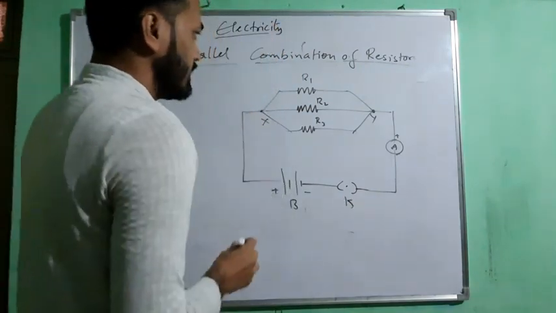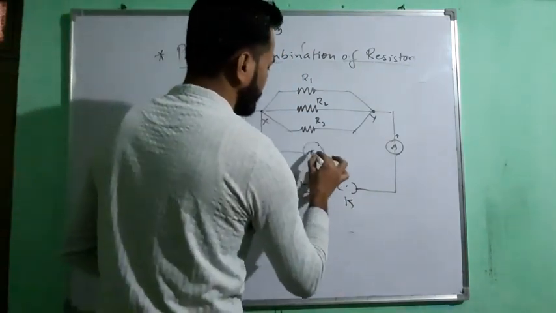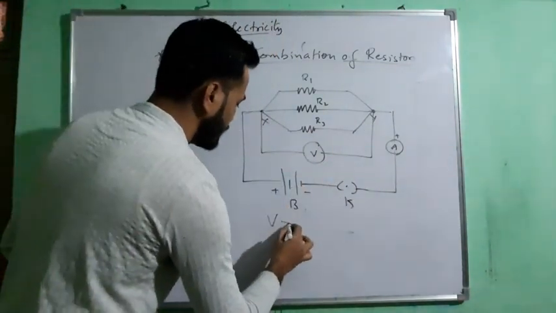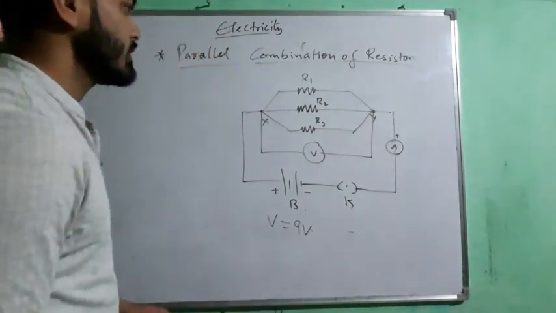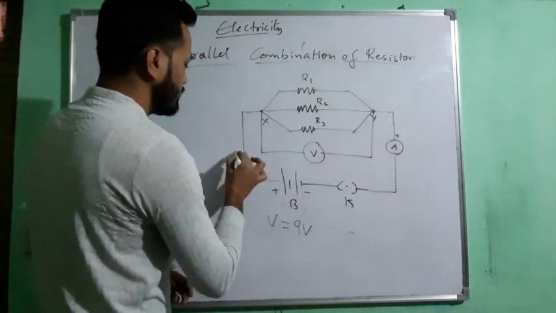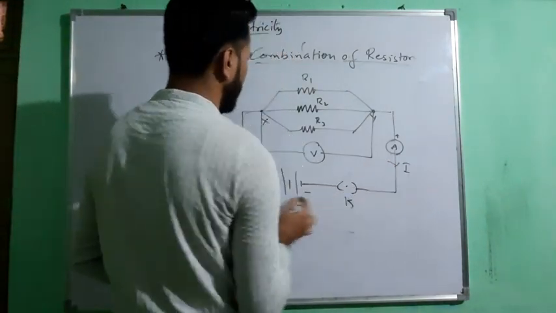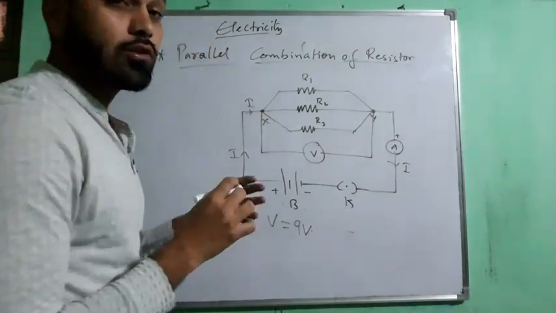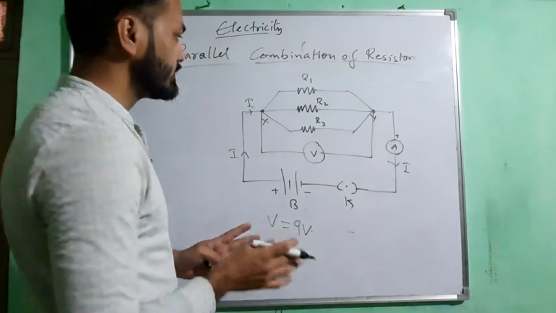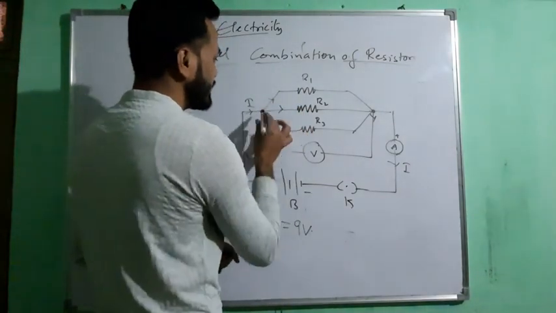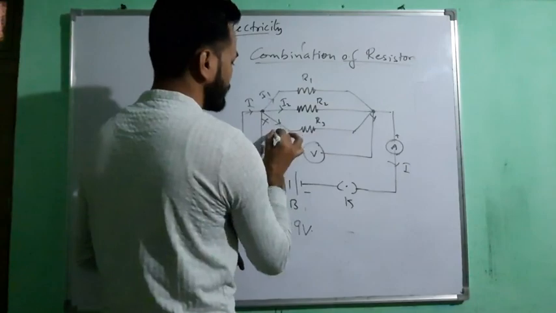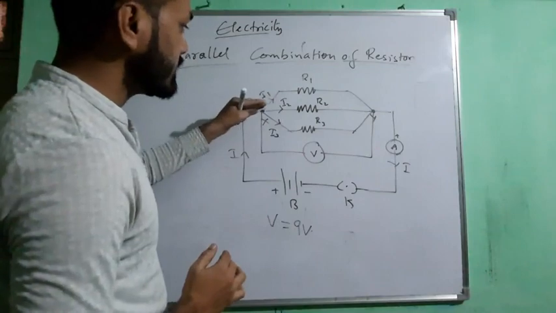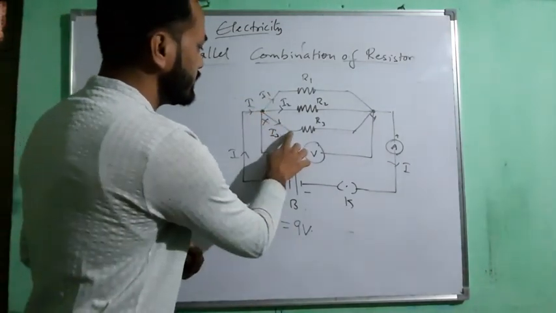Now again I will use a voltmeter here in parallel between these 2 points. Let us say the supplied voltage is 9 volt. The current starts flowing from the positive to the negative terminal, right? Now the current which is entering this point X has 3 pathways. So in this case, the current is going to get divided. Since there are 3 pathways, some current flows here, some current here, and the remaining current will flow into the last path.